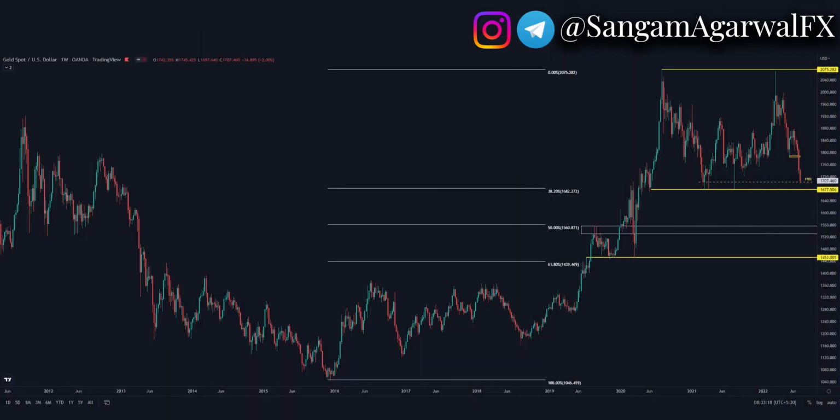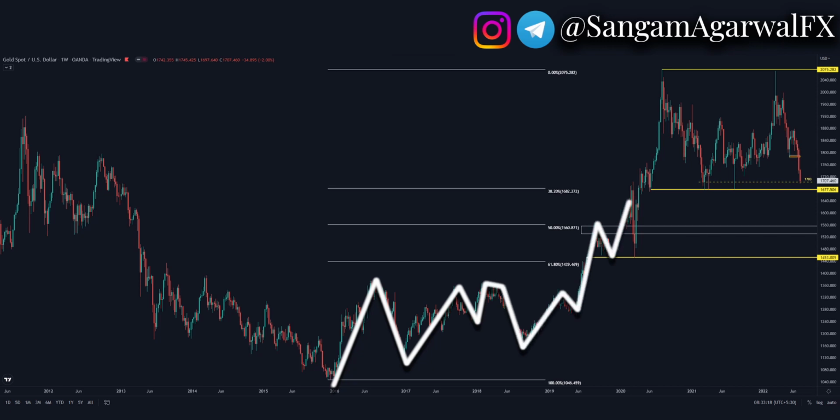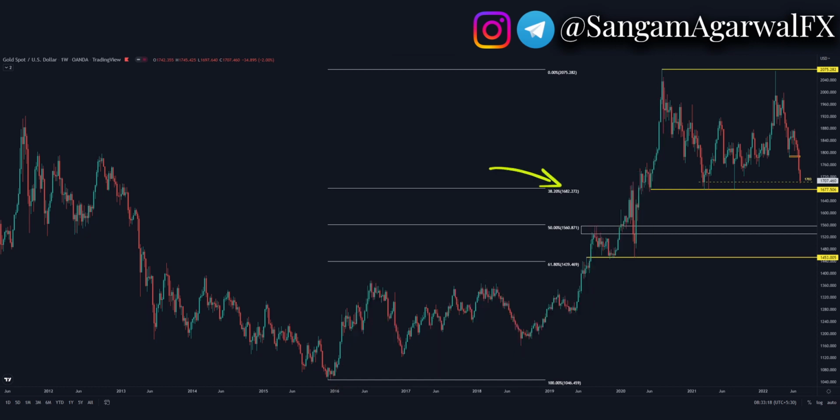And if we go to the weekly time frame, then we have this complete gold trend from the bottom 1046 to the top 2075, and the 38% retracement of this trend is 1682. So the next target will be the 50% retracement at 1560, and if this level also breaks